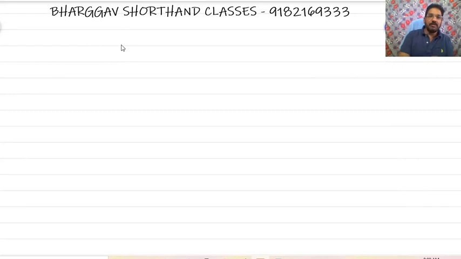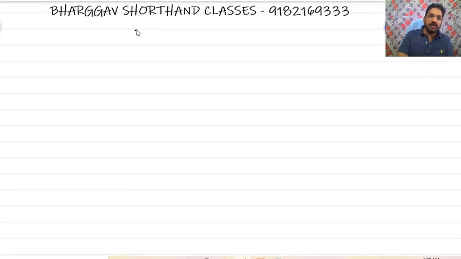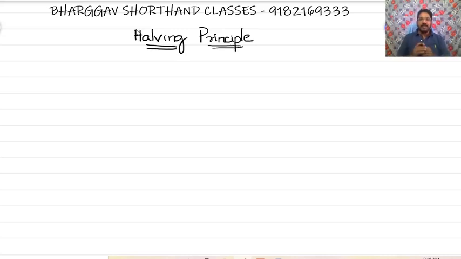Now we are going to a very sensitive chapter, that is the halving principle. What is the size of the stroke? It is 5 mm, right? Halving means cutting the stroke by half. So a 5 mm stroke will become 2.5 mm. What is the use? Now, let me talk something about English.